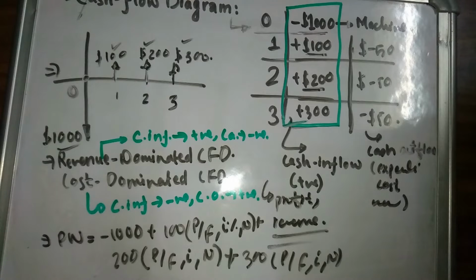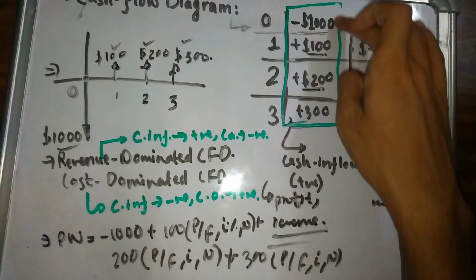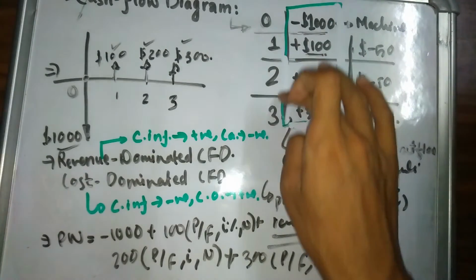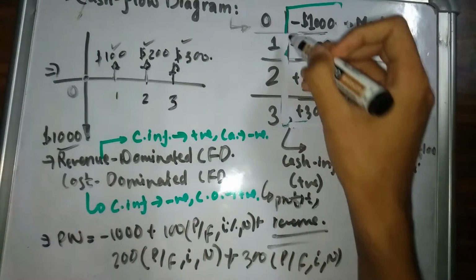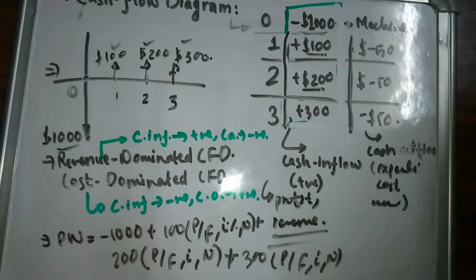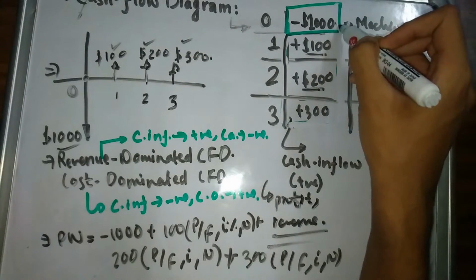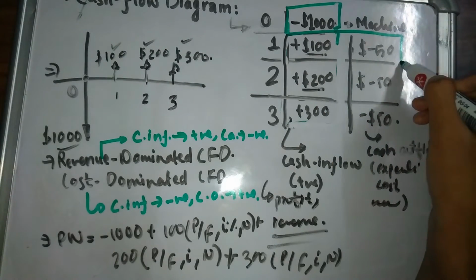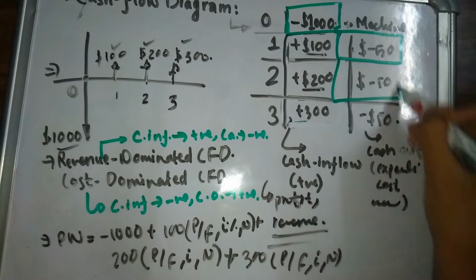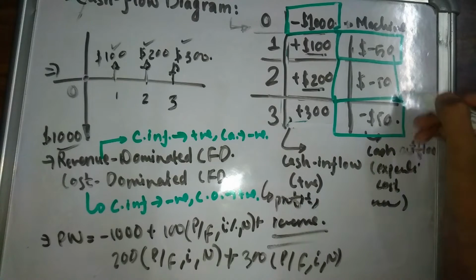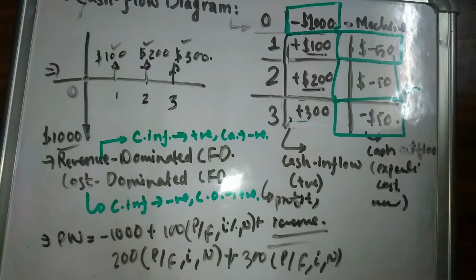But before that, let me explain about the cost dominated cash flow diagram. Just in this figure, we're going to have a certain change. We are not going to focus on the revenue part. Next, we're going to focus on the cost part of our machine. So let's focus on our initial cost of $1,000, and in year one we are going to spend $50, in year two $50, for our cost, or let's say maintenance of the same machine. So if we were to show this in our figure,